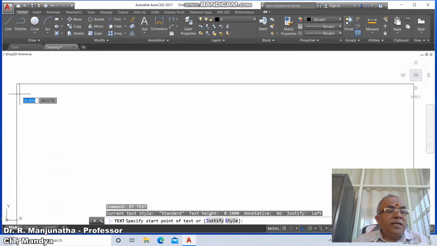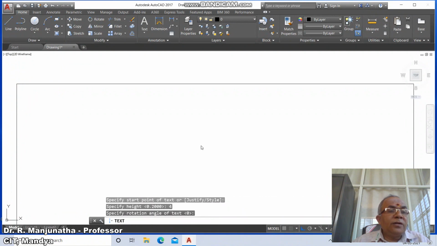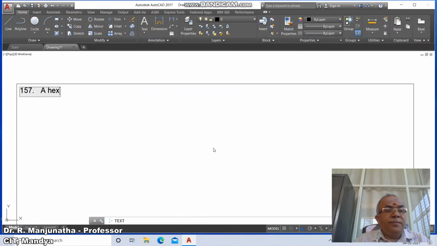go to d-text, specify start point of text, take the upper left corner of the sheet and then click the first button of the mouse and take the height as 4 and rotation angle as 0, type the problem number 157. Then A, hexagonal pyramid,